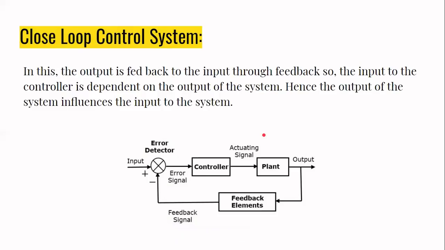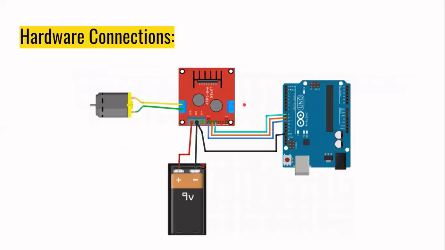So as we can see, the closed loop control system is slightly complex. So that is why we will use open loop control system in this video to model the speed of the DC motor control. Okay. So here we are using a very common example, DC motor, which is used in various applications. Okay. So for this simulation, we will connect DC motor in this fashion.